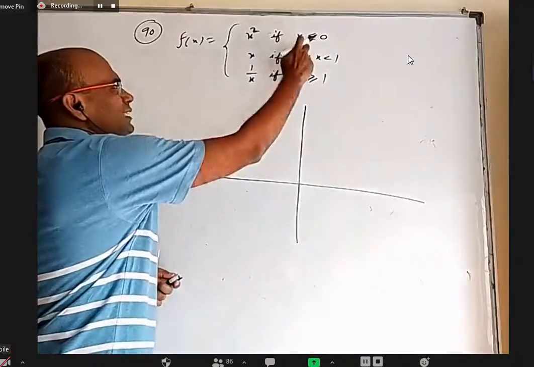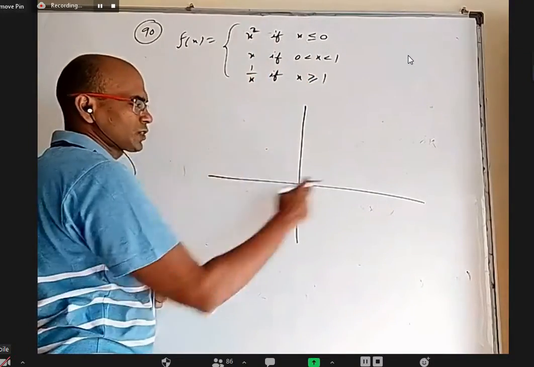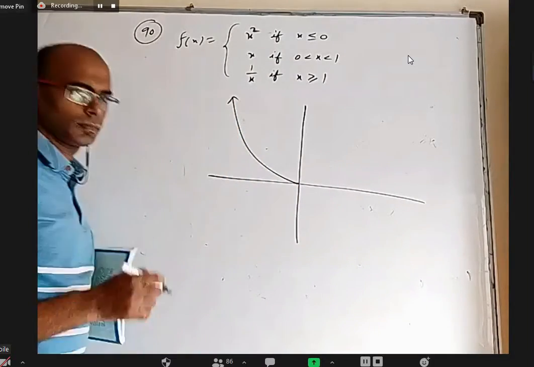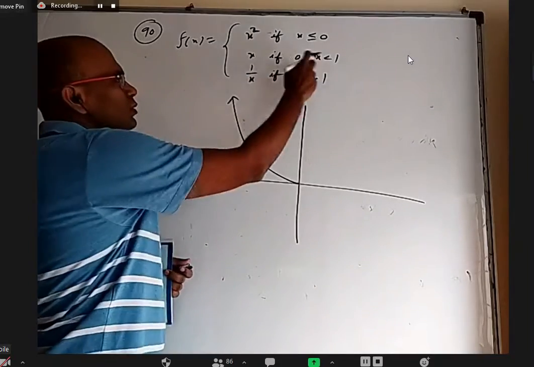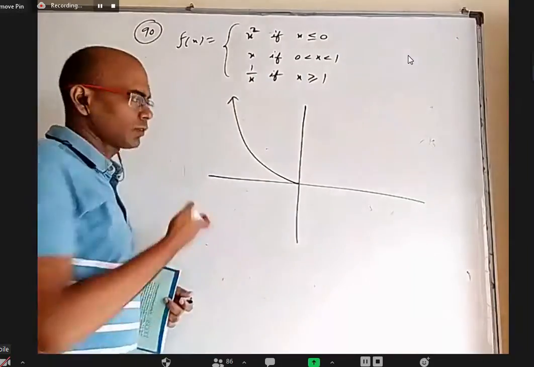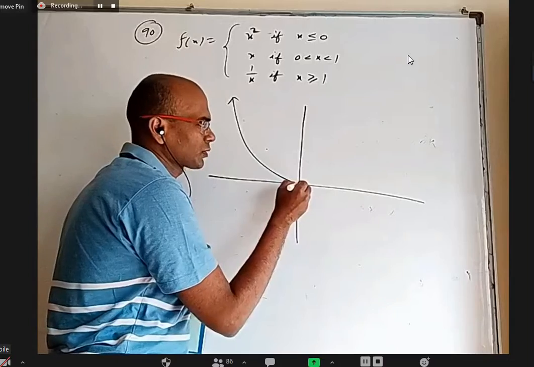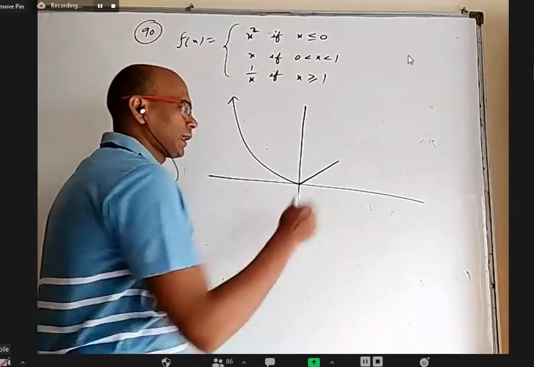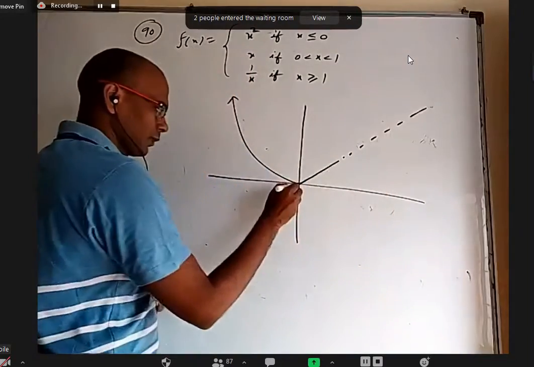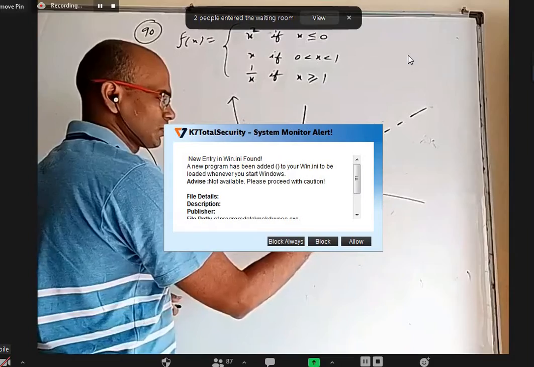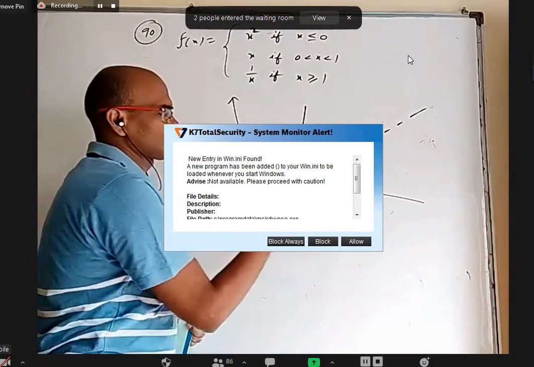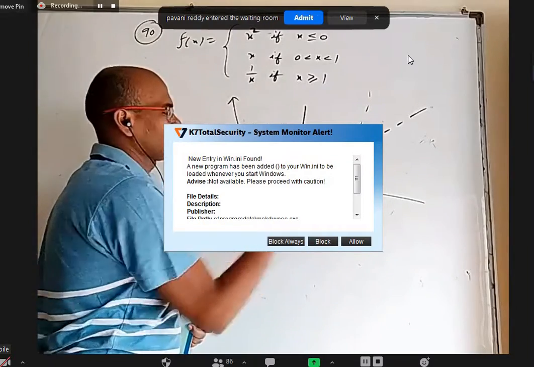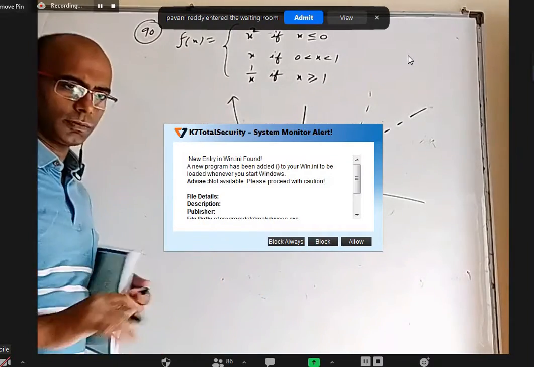So when x is negative, it is x square. Normally x square is a full U shape, but I will only take the left part. Between 0 to 1, it is x. It is like y equal to x, a straight line, 45 degrees line passing through origin. Actually, it is this full line, but we should only accept between 0 to 1. Similarly, this is actually a full parabola like this, but we accepted only this, and this dotted one is not there.